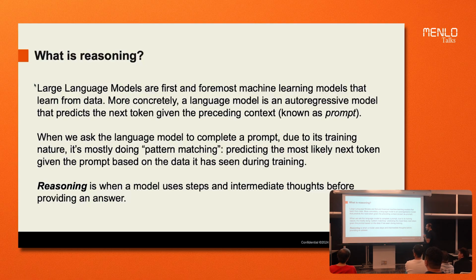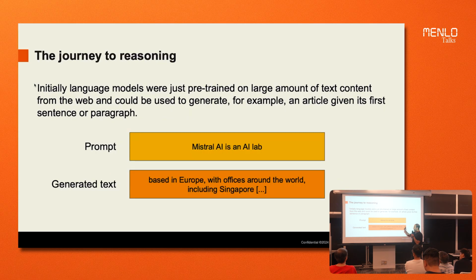Then people started realizing, hey, these models cannot just generate text. You can actually converse with them if you just build your training data in a particular way. So we started building training data that looks like conversations. And then because the language model is just trying to complete the text, it will just complete the conversation. So we started going from this, which is a prompt, to generate a text. For example, Mistral AI is an AI lab, and the model will just generate whatever text it believes is reasonable